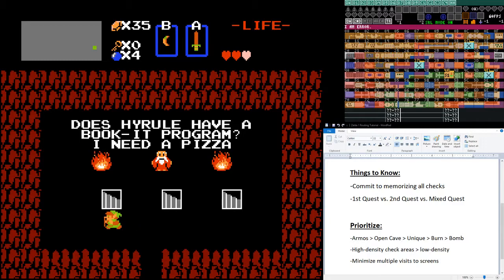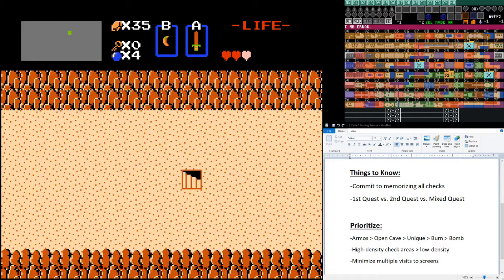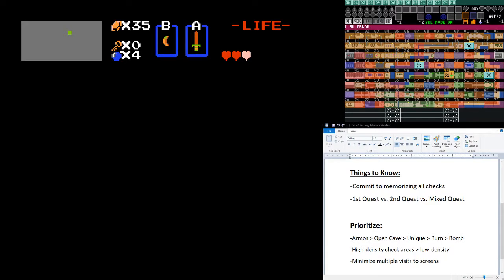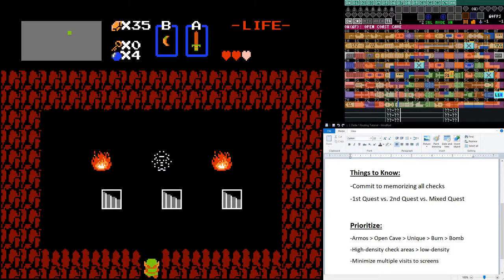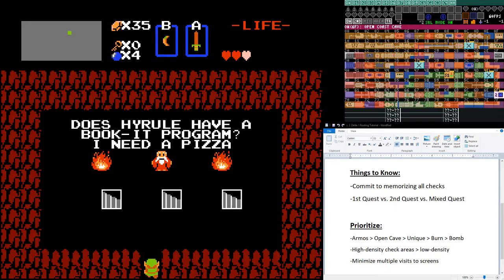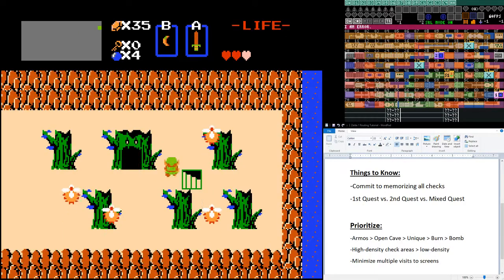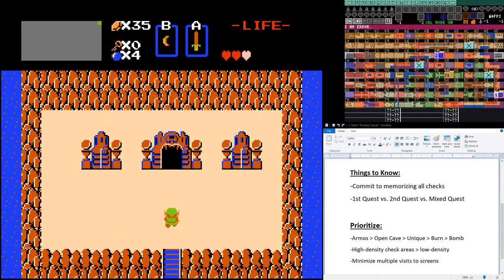So this could be big, especially since we're about to run out of open caves to check down here. So one's in the desert. Let's go ahead and mark that any road 1, that any road 2. Let's go ahead and check the next one. And that is very nice because we can go ahead and check a lot of this stuff out